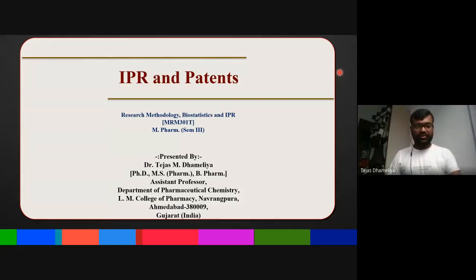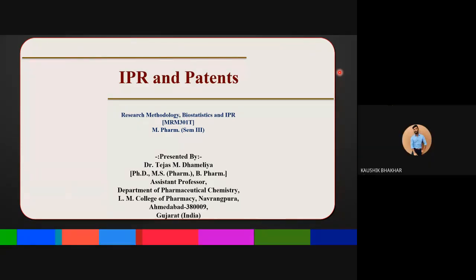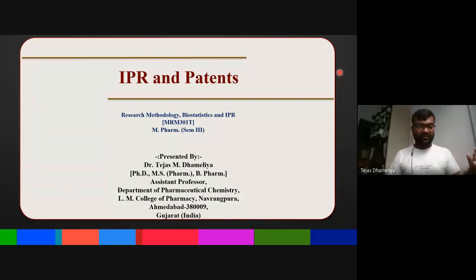There are two components. Number one is form number one, which is basically information for several types of group information about the inventors, such as name of the inventors, address, who is going to be their power of attorney, or who is going to be a patent agent for filing of the patent. All these things are mentioned in form number one.